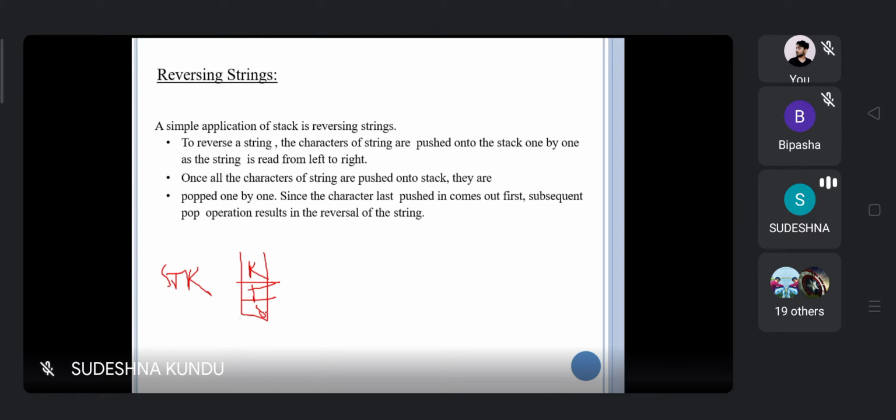S will be initially pushed into the stack, then T will be pushed, R will be pushed into the stack, and whenever there is no such element left and we reach the end of the string, the null character, then we pop up one by one. So R will be popped first, then T will be popped later, then S will be popped at last. In that manner, we can reverse the string.